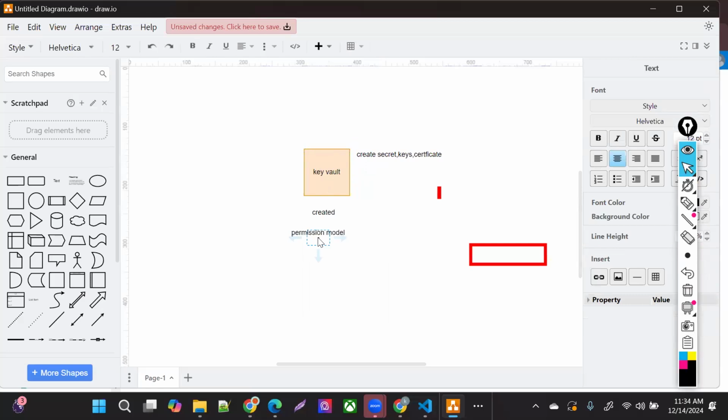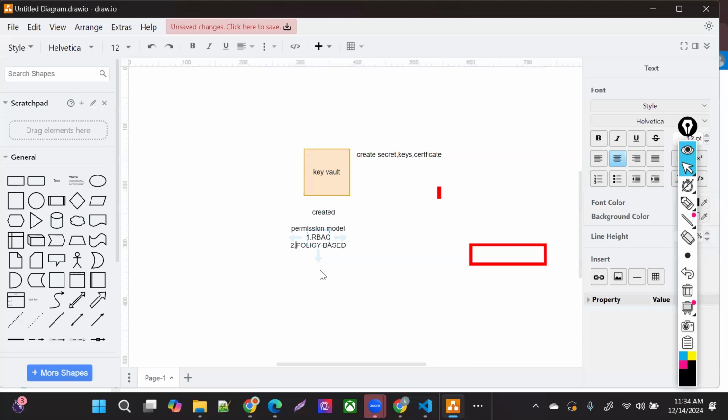What are the two ways? One thing is RBAC, role-based access control. The second thing is policy-based, the key vault access policy. What is RBAC and what is key vault policy-based?